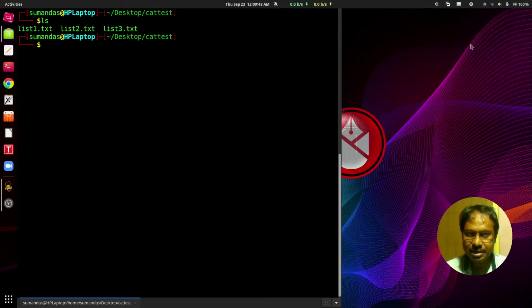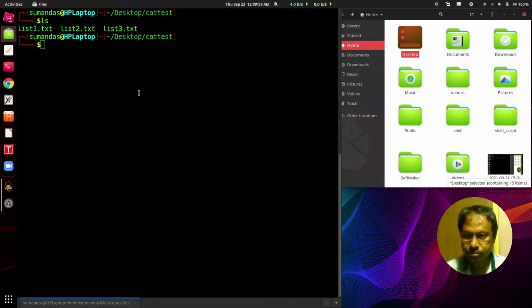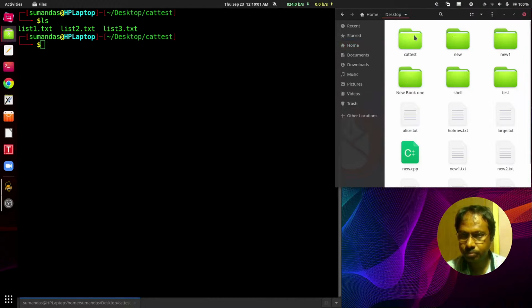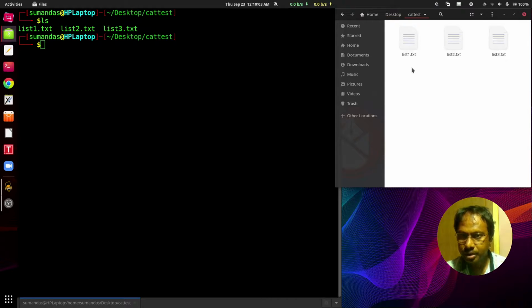The three files are list1.txt, list2.txt and list3.txt. We may check it also using the file manager, desktop, and then cat test. These three files are there.